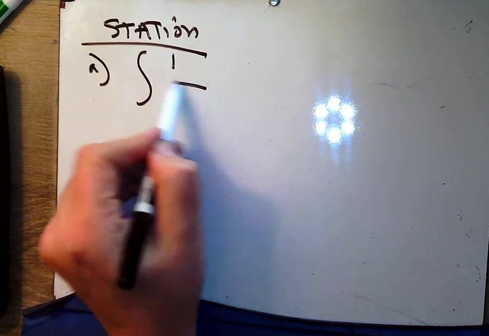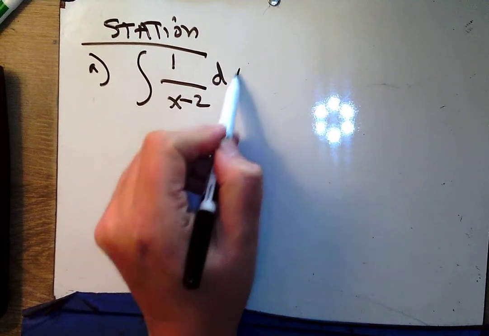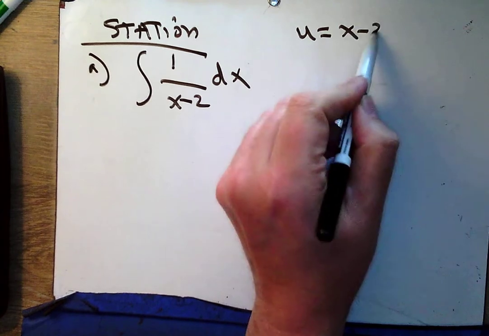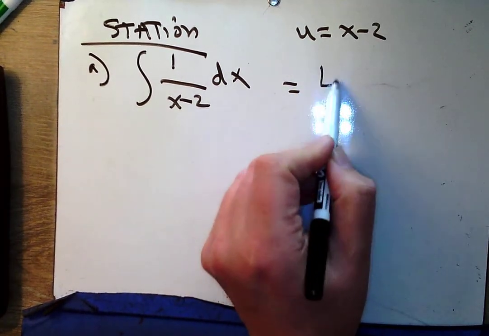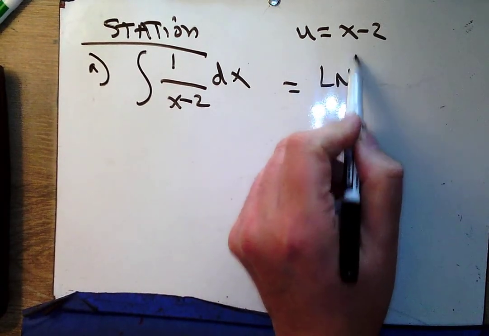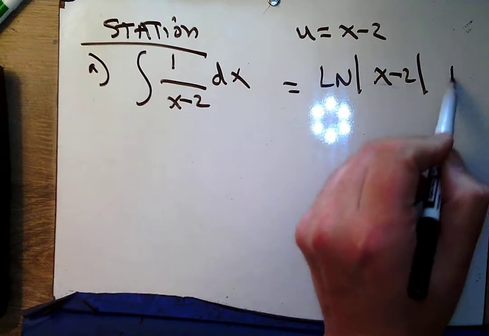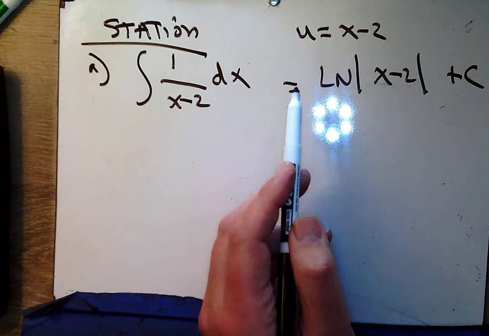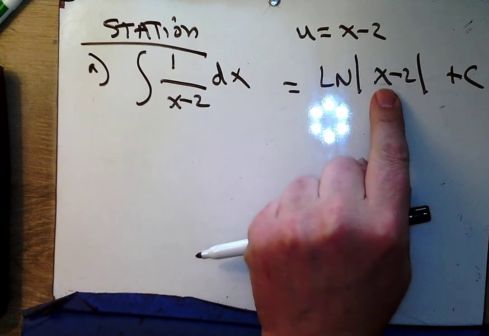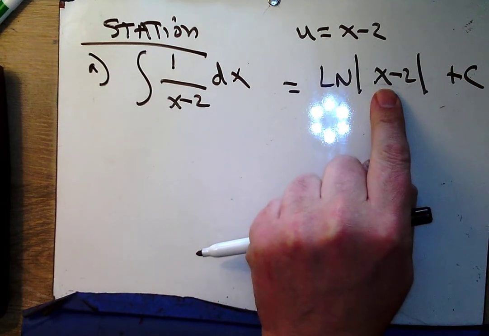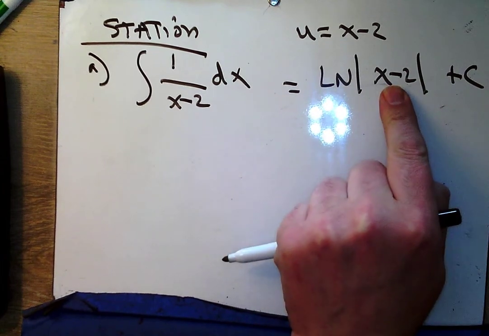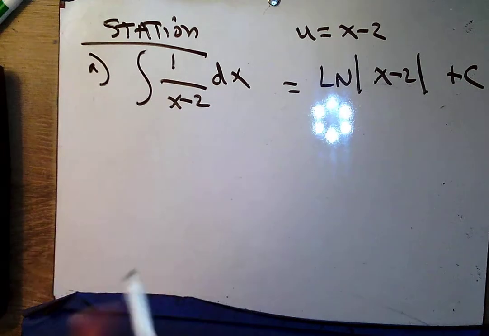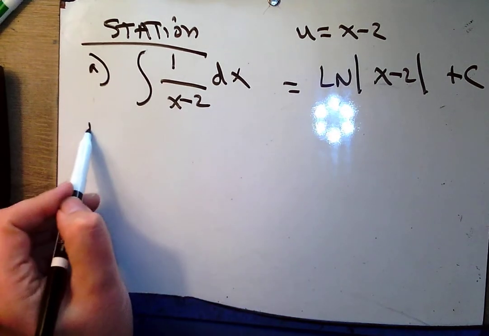Integral of 1 over x minus 2 dx. You could do this as a u sub if you want, where u equals x minus 2, but you should end up with ln|x - 2|, don't forget the plus c. Remember, we can check our integration by taking the derivative. The derivative of ln of stuff is going to be 1 over stuff times the derivative of stuff. Well, the derivative of that is 1, and so do I have? Yes, 1 over stuff. Okay, B